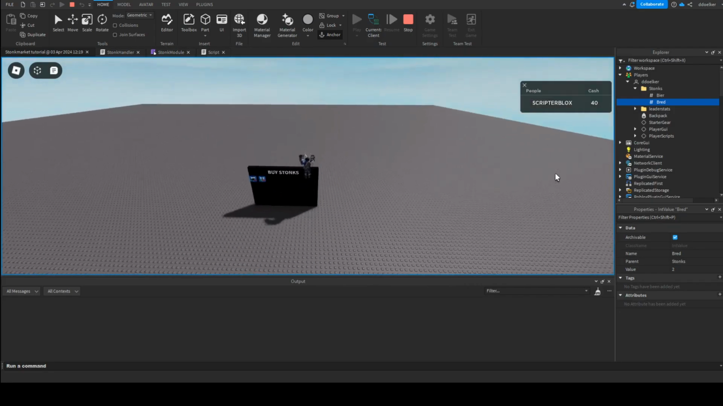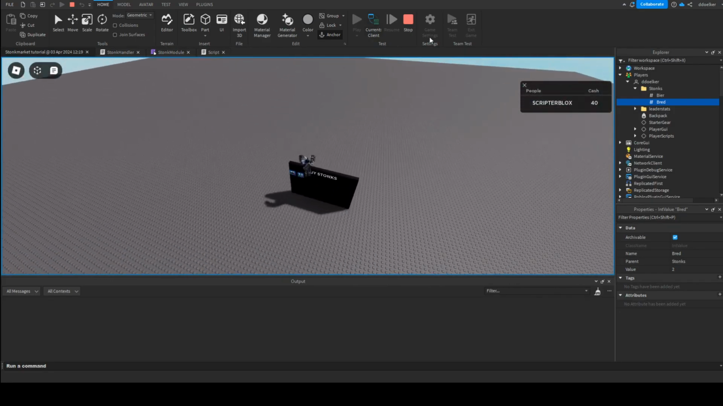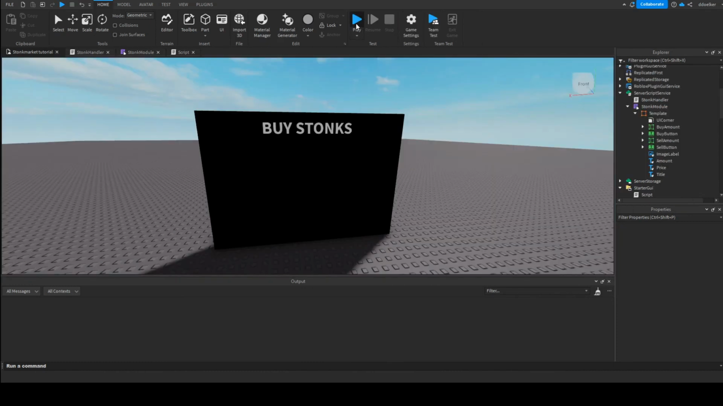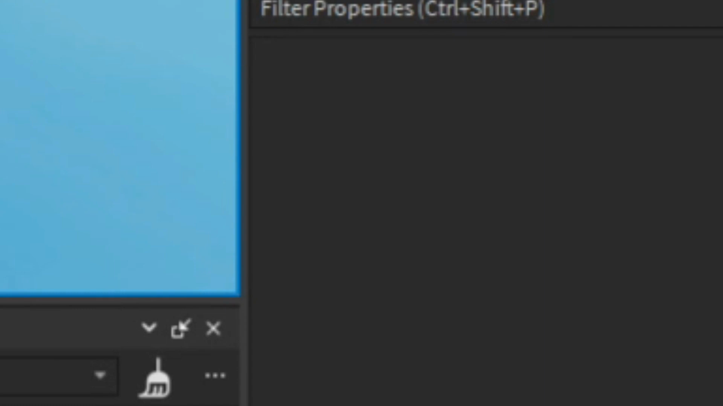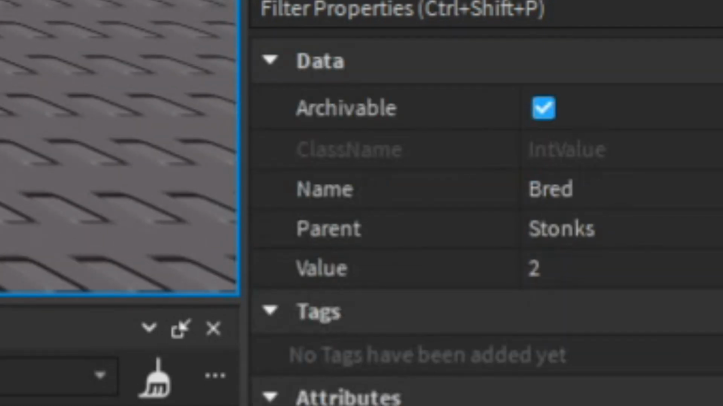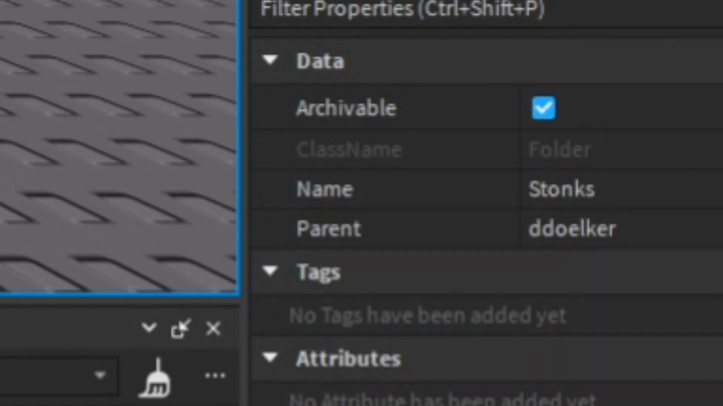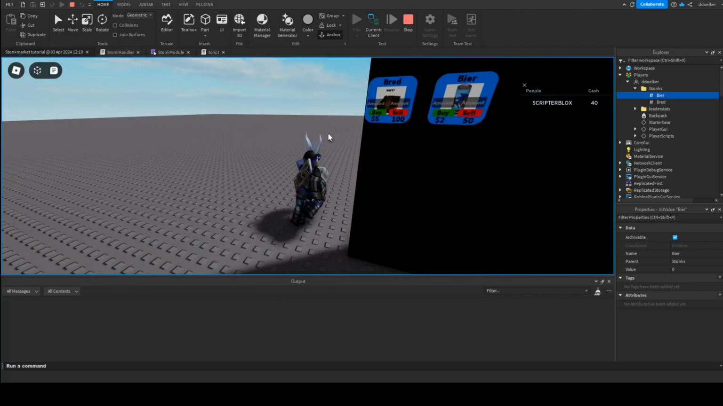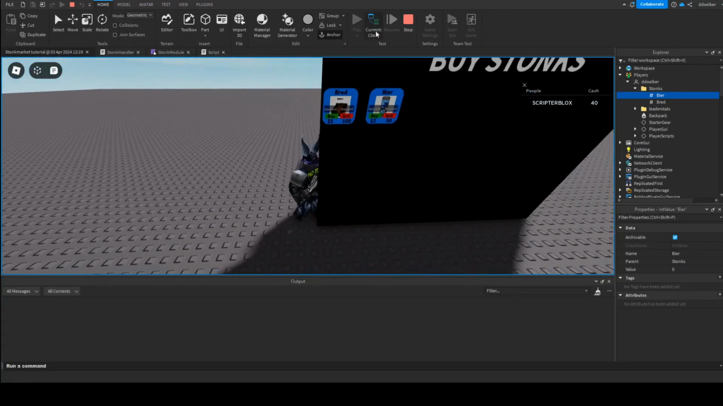Now, let's see. After 5 seconds, this should have saved. So if we wait those 5 seconds and now stop and play again, expand the players folder, our own, and stonks again, and check bread back, and we still got 2 bread. Whereas from beer, we only got 0 right now. Now, currently, it does not save how many stonks the server has,